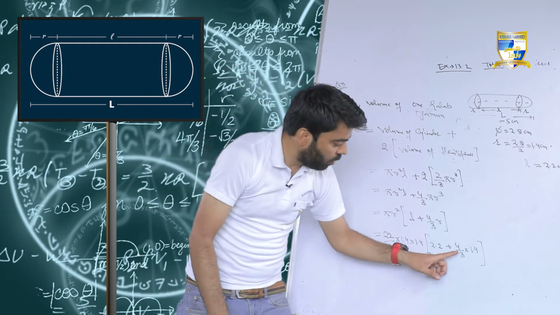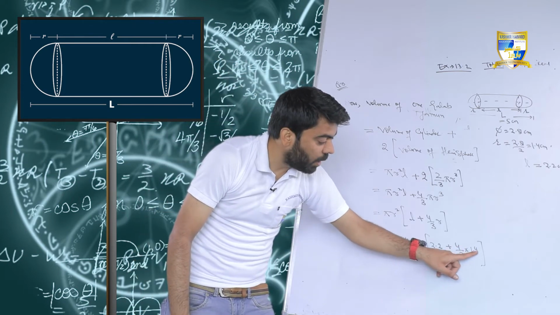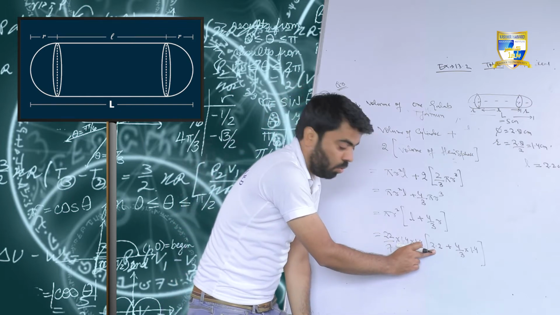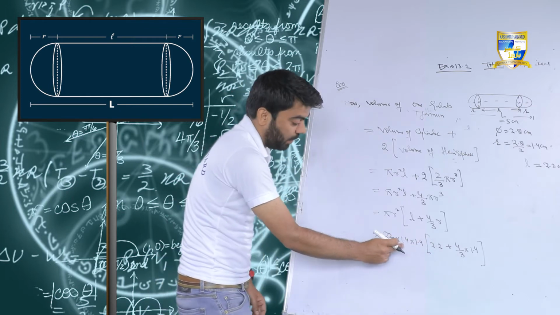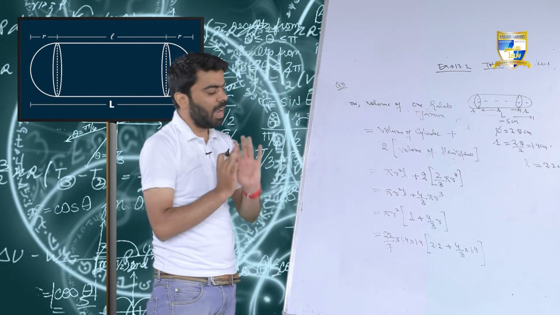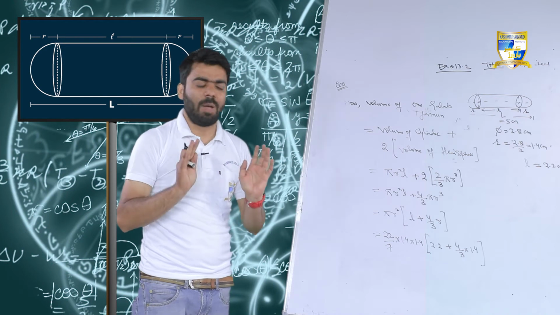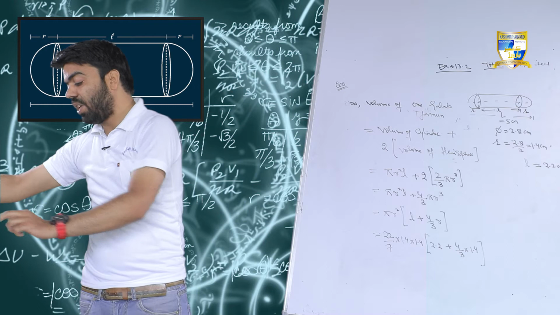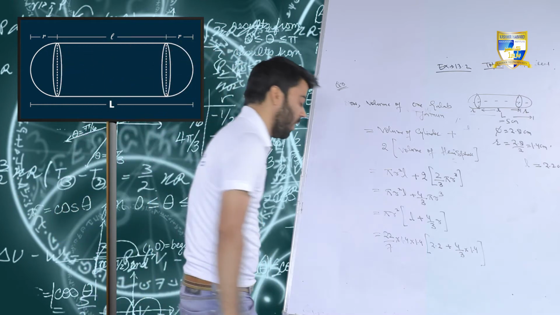So beta ji, it's simple. What we will do? We will first solve this: 4 multiplied by 1.4 divided by 3. Then add this 2.2. Then multiply by 1.4, multiply by 1.4, multiply by 22 and the whole divided by 7. We will get the volume of the one gulab jamun. And I have found that that value is equal to 25.05.